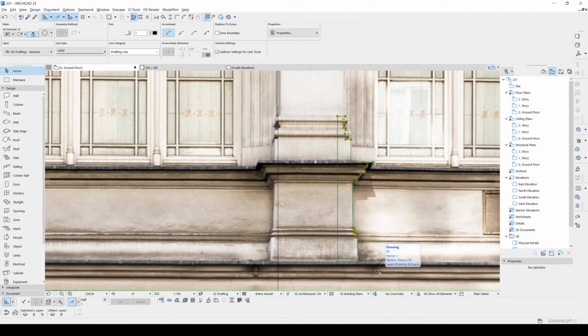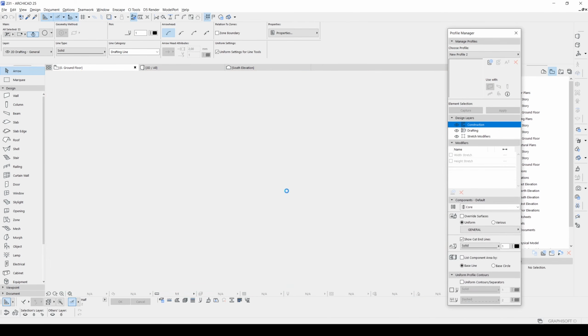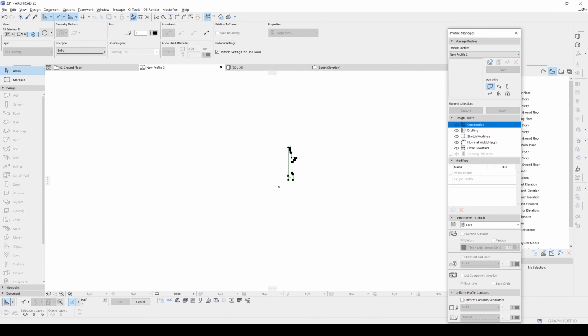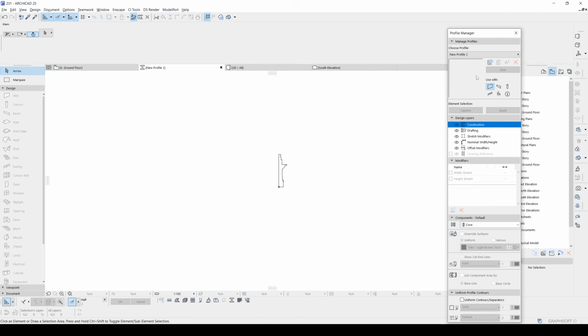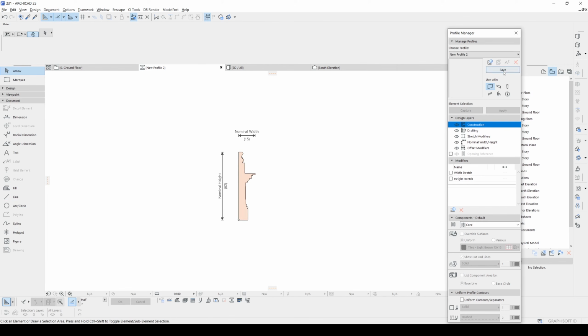Let's copy this, go to options, profile manager, create new, and paste. We cannot hit the save because we need to use fill tool. Now we can click save.